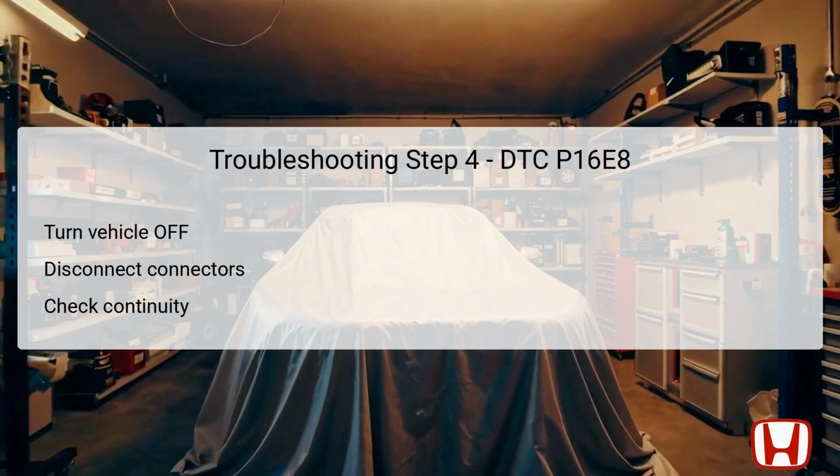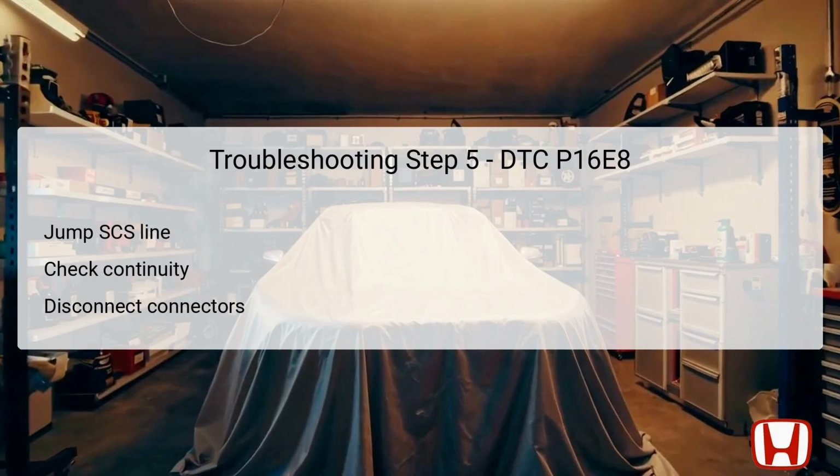Following this, the technician must disconnect the upper and lower connectors of the shutter grille, which are related to the LIN system. Once disconnected, checking for continuity between respective test points becomes critical. This specific continuity check assesses the connection between the shutter grille connector and the vehicle's body ground. Confirming continuity ensures there are no open wires, allowing troubleshooting progress toward further diagnosing the underlying cause related to DTC